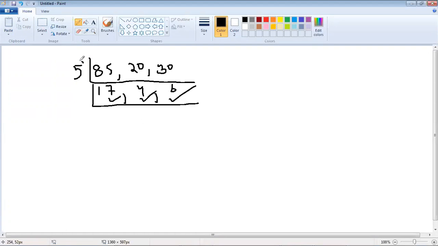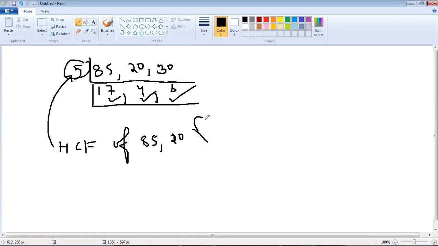So this is the highest common factor of 85, 20 and 30. Clear?